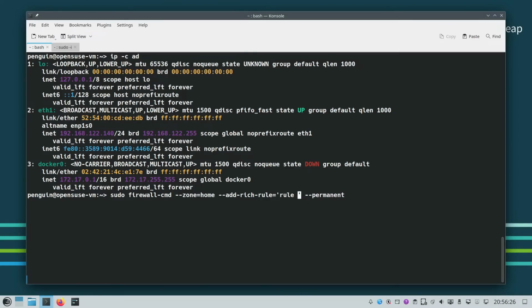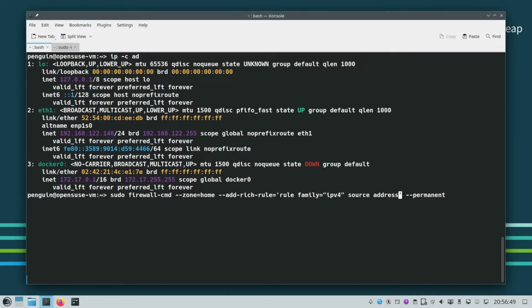It has to start with the word rule, family, double quotes, IPv4, and then you specify the, be careful with the typing, source